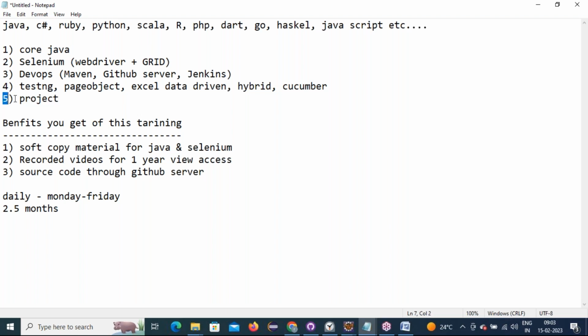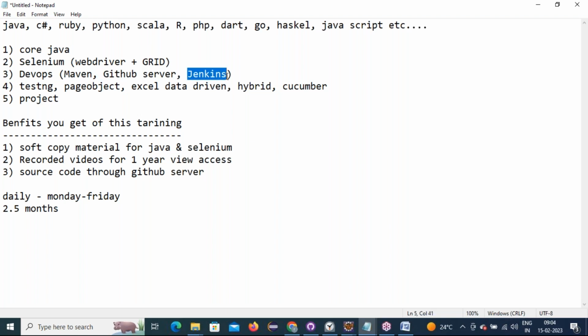Okay, thank you. Sir, during this course, can we learn DevOps also? Yes, we require it, sir. See, in every project we build with Maven build tools only. We will keep our developed projects in distributed servers, GitHub server only. We will schedule your executions automatically using Jenkins only, and send reports from Jenkins only. Initially you invest one-time effort in building the test cases, and DevOps will schedule everything,